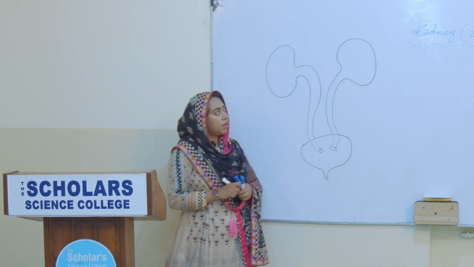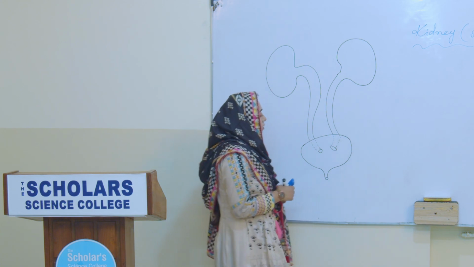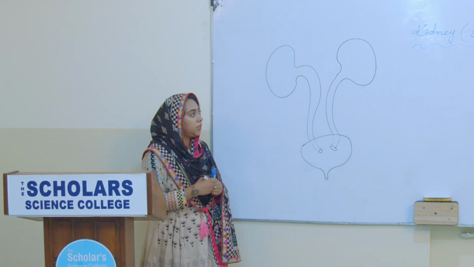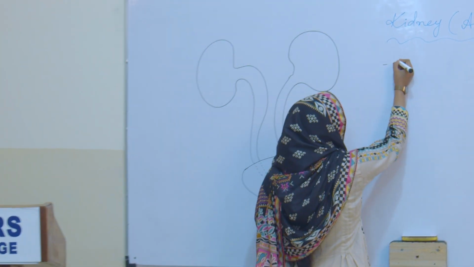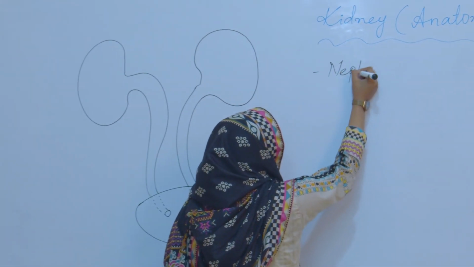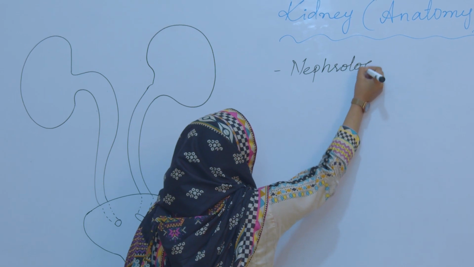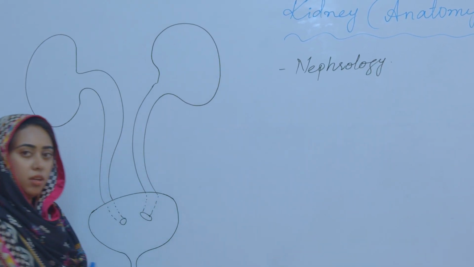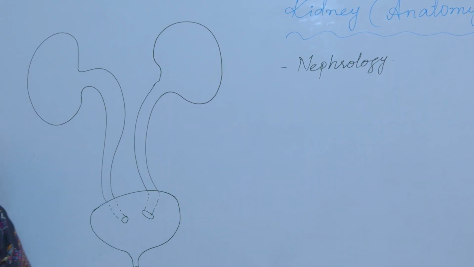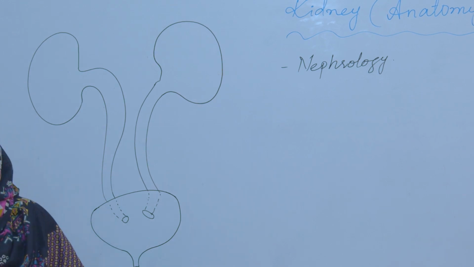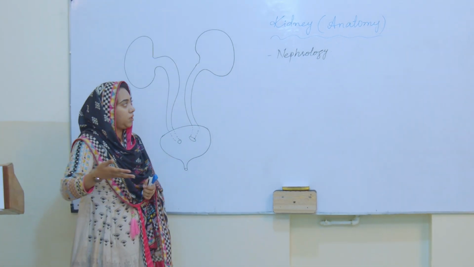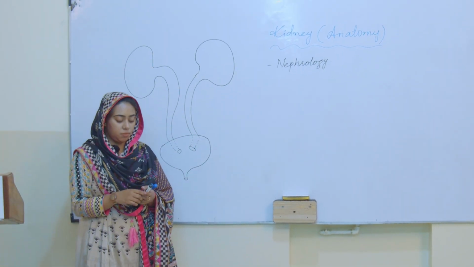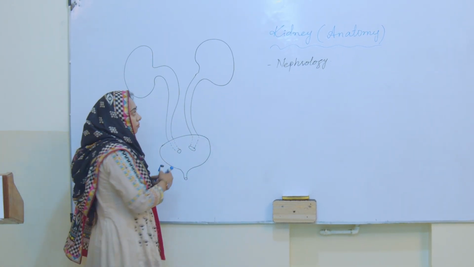So while talking about the kidney, I take one of them in order to explain this. The study of the function and structure of the kidney is known as nephrology, and we will discuss each part by taking the name which is renal. We will use the word renal for each terminology to be explained further. So in nephrology we discuss the kidney.